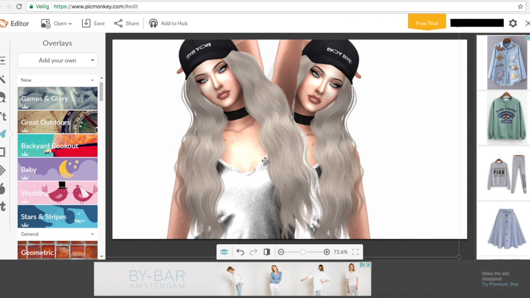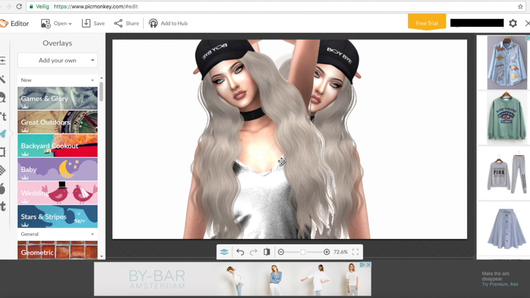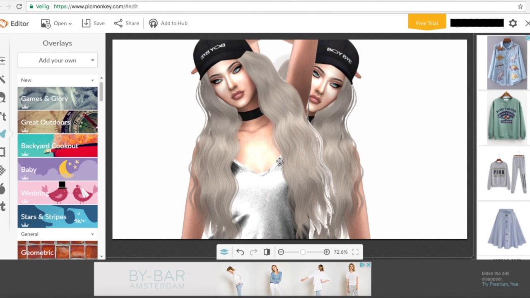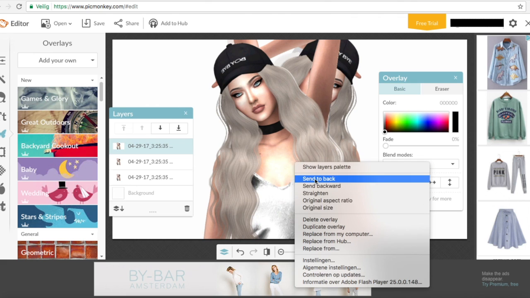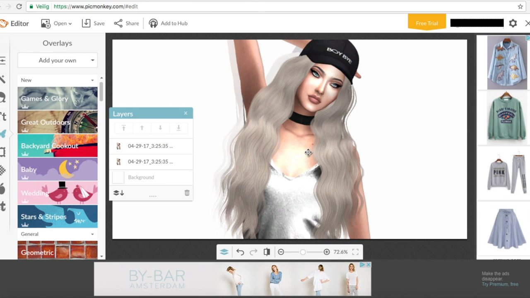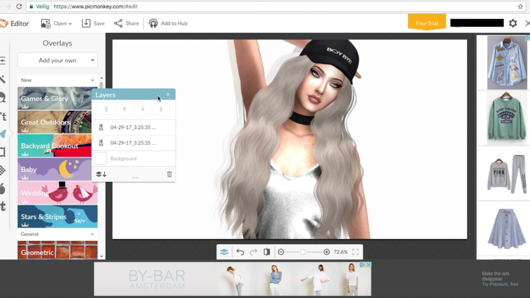So it's a really easy program, but it does have some more functions that you can go ahead and experiment with yourself to create the thumbnail you want. But I am going to keep it simple for the sake of this tutorial. So I'm going to click it right here, delete this overlay. You could also click the little bin right here, delete. Alright, so now we are back to this, and now I will show you the website I use to create